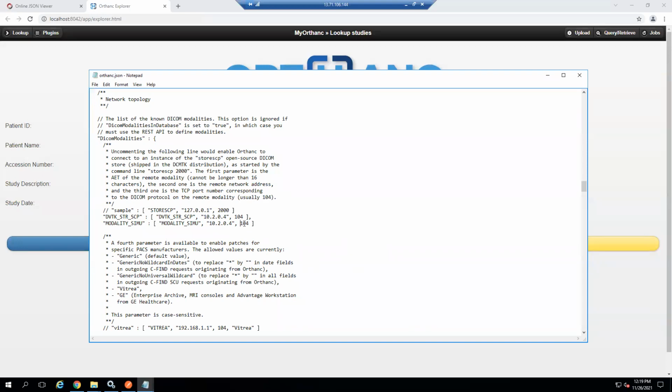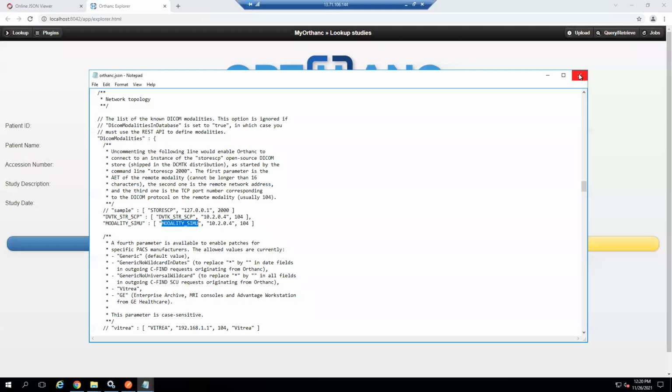Two applications cannot listen to the same port number. Why I used it here is just as a dummy; SCU doesn't need any port number to listen on. Okay, so just as a dummy thing I used it over here. If we configure any SCP service, all the SCP services should have a unique port number within the system if it is running within the system. Okay, so if you see here, it's running within this system with this AET. This is the AET of the SCP thing, and the modality simulator AET is modality underscore simu SCU.